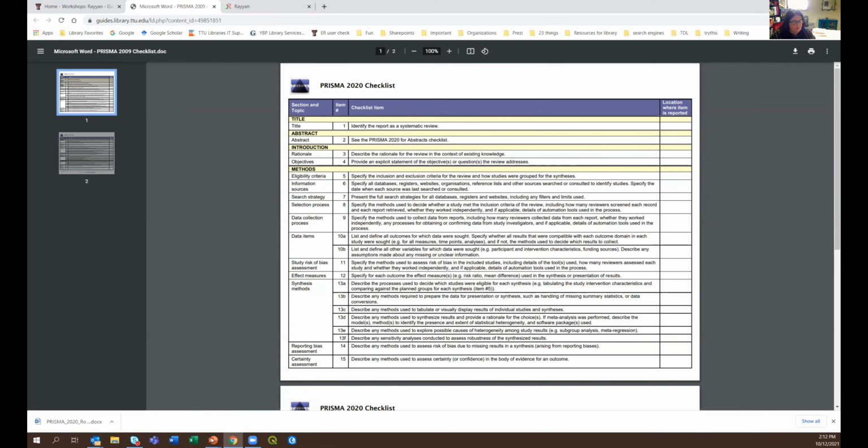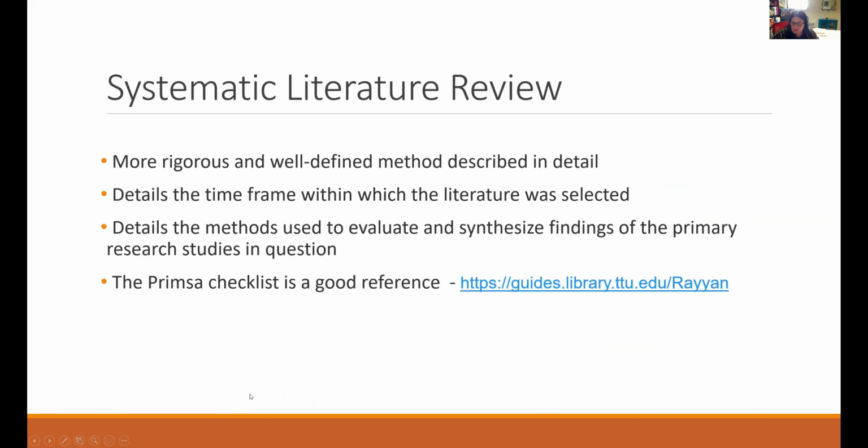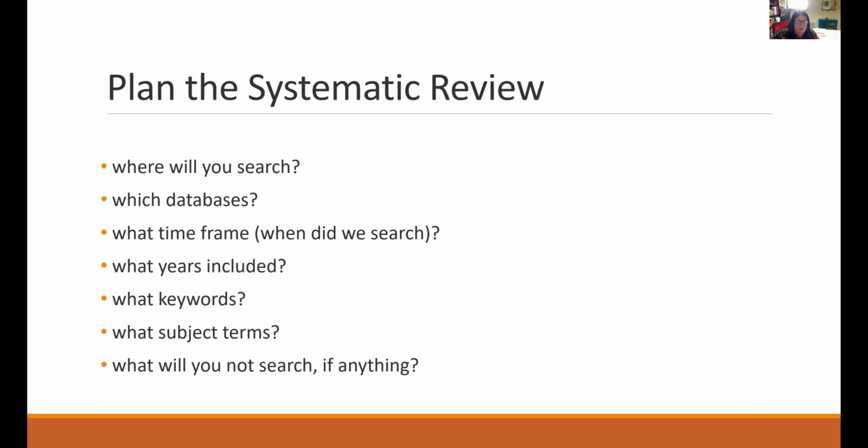Okay, so let's go ahead and get back into our PowerPoint. And so our next thing that we want to look at is really, now you're going to make a plan, just as if you would make a plan for any kind of research. If you're going to do a true kind of experiment, or if you're going to develop a survey and have that, or even observational, you would have to say, okay, in this research, I'm going to look at